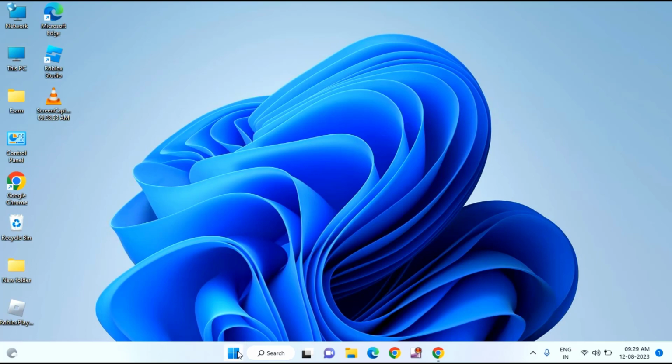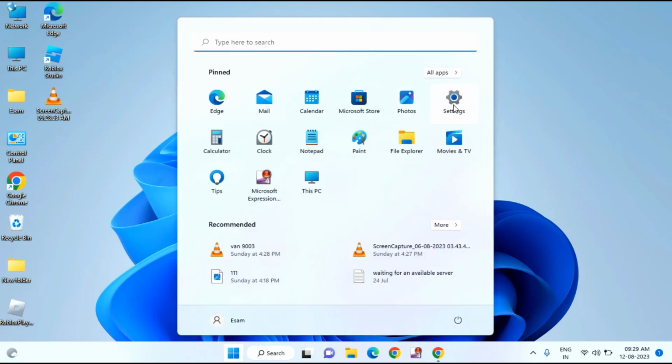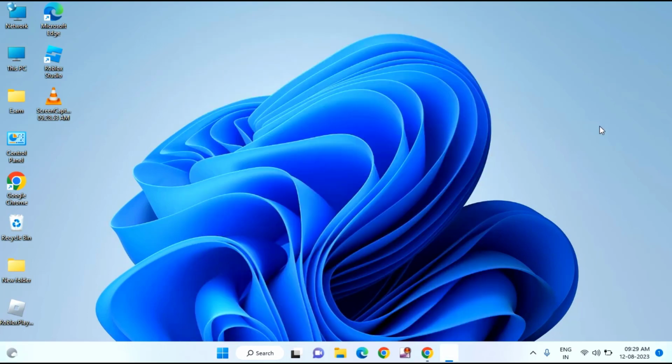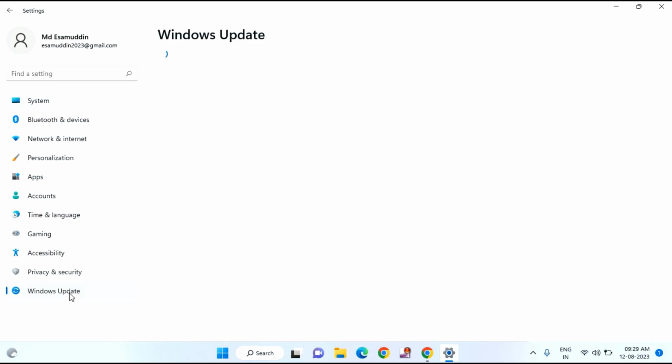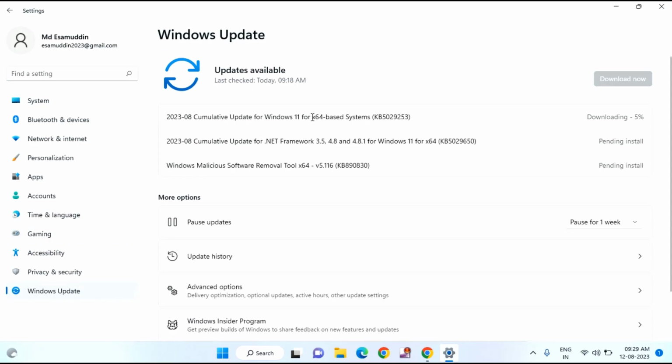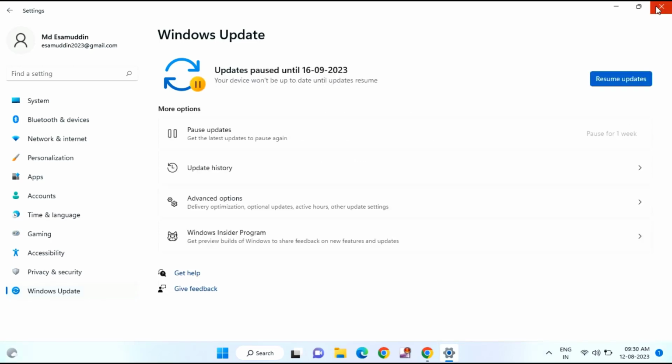First of all, you need to check whether your Windows is up to date or not. For that, you just need to click on Start menu, click on Settings, click on Windows Update. If there is any Windows update pending, just click on Download and update it. After that, just close this window,